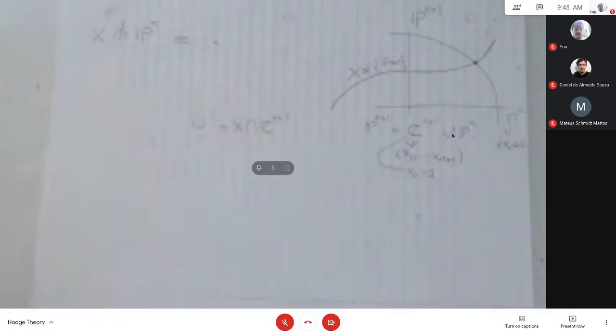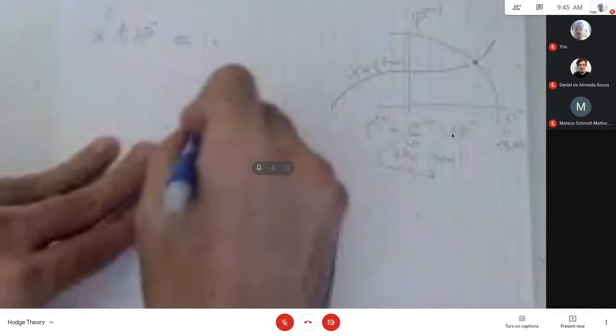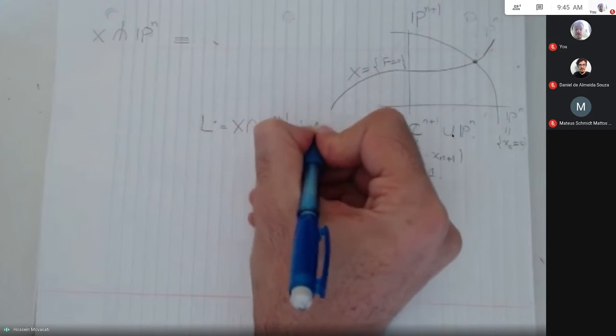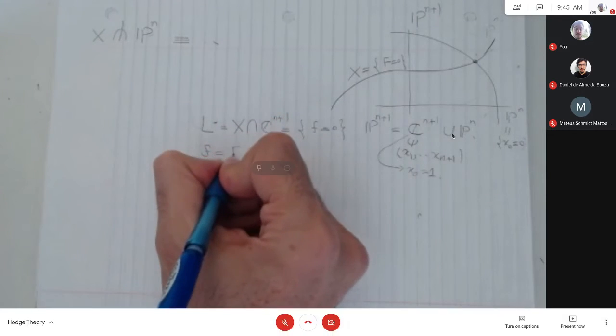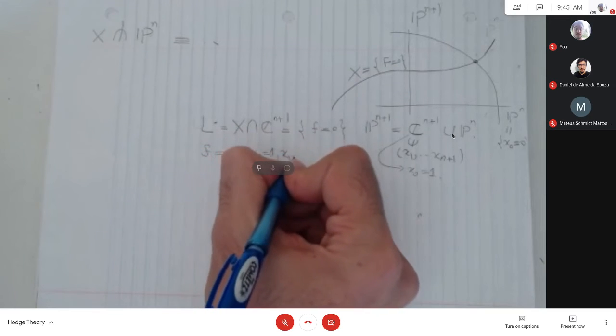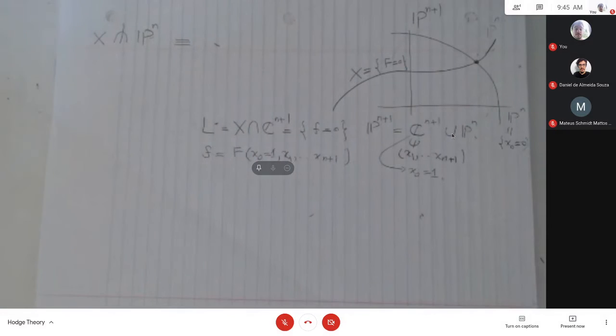This part u, or I think I will use the notation also L. So it is given by f equal to 0, and f is just f x0 equal to 1, and then x1 and xn plus 1. Anyway,